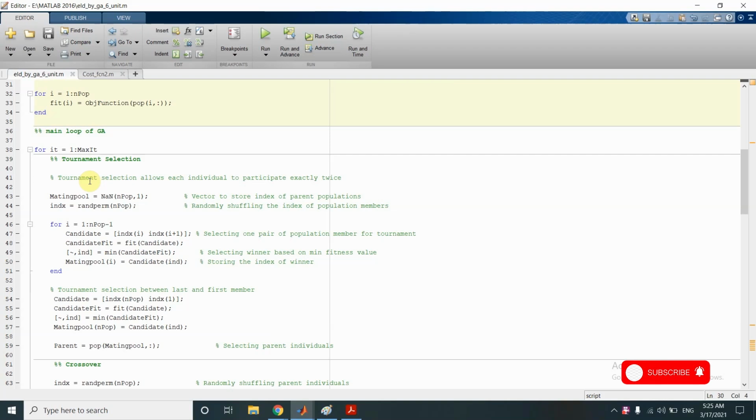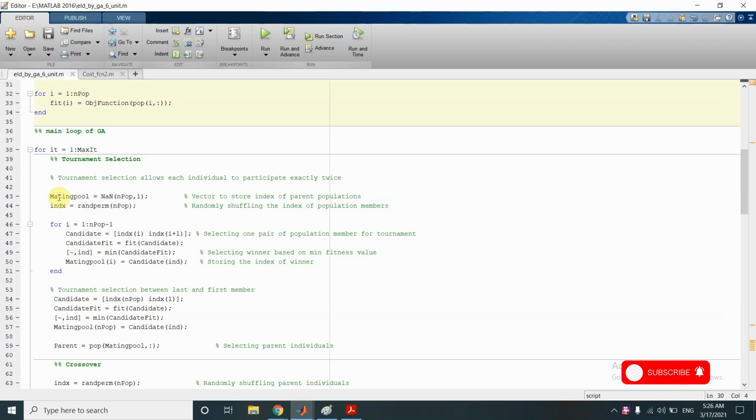It may be selected in one tournament or it may get selected in none of the tournaments depending on its fitness value. And the individuals that get selected are then put into the mating pool.